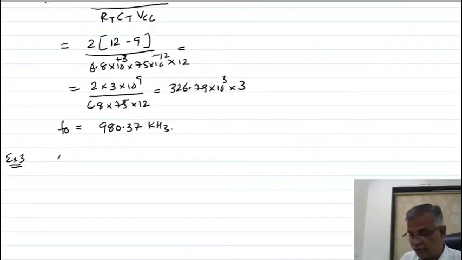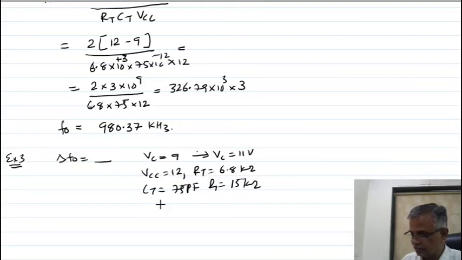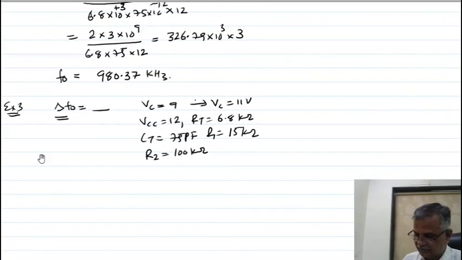Third numerical. For a VCO, calculate the change in the frequency if VC is changing from 9 volt to 11 volt. Your VCC is 12 volt, same data. RT is 6.8 kilo ohm, CT is 75 PF, R1 is 15 kilo ohm, R2 is 100 kilo ohm. Find the value of delta FO. So I am writing like this. Answer,